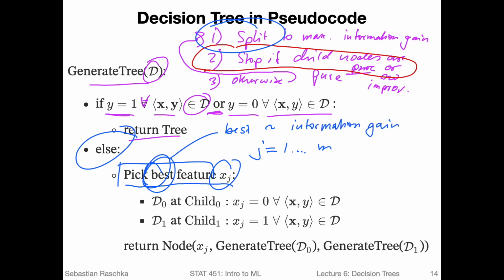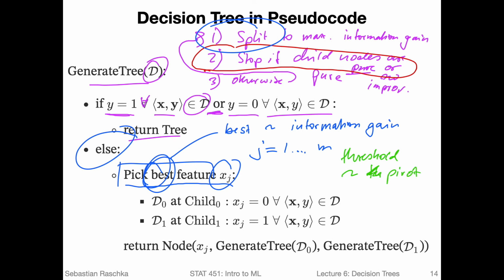But we will talk more about what best or what a good feature means, what a good feature split means. Right now, just assume we know for some reason what a good feature is for splitting the node. And then similar to the quicksort algorithm, we would split the node into 2 halves, by checking whether the values are larger or smaller than a certain value. Here the value would be our splitting threshold, which is kind of analogous to the pivot I showed you previously.